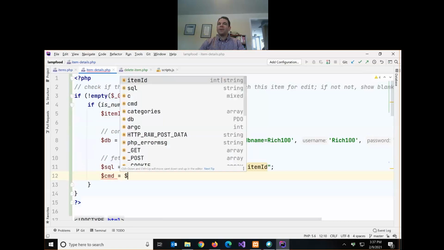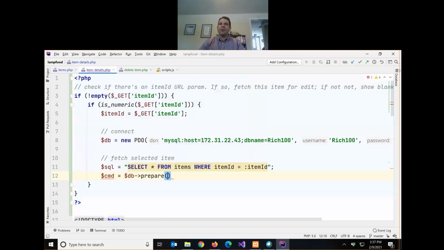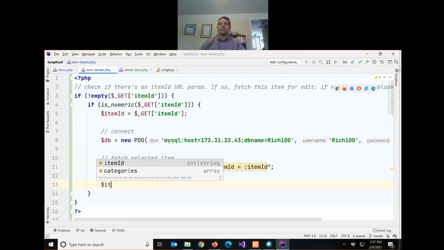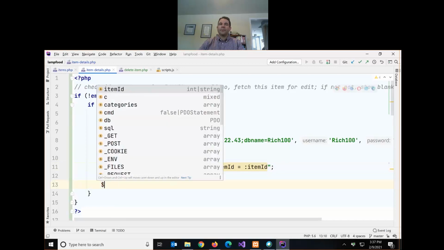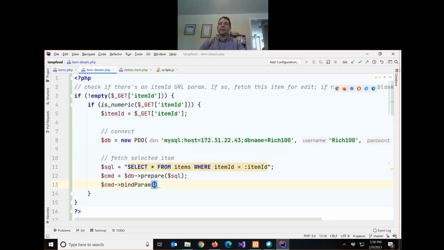We'll create a command just like we always do, exact same code. Should be starting to get familiar, right? Bind the SQL statement with the database connection. And then we need to, again, populate our item ID parameter. Oops. So we'll call bind. We're going to bind the item ID parameter with our item ID variable,